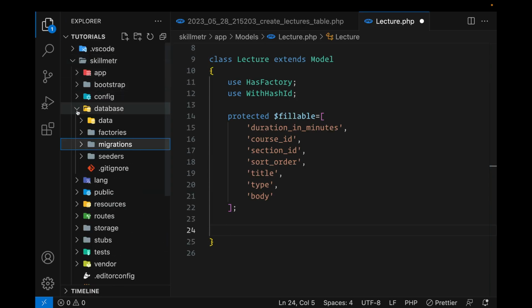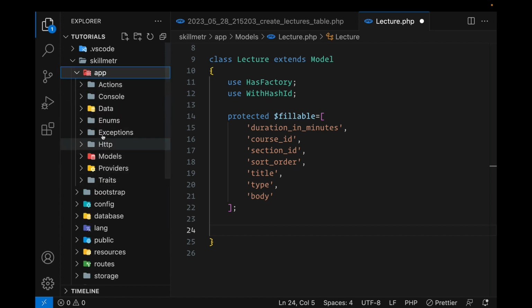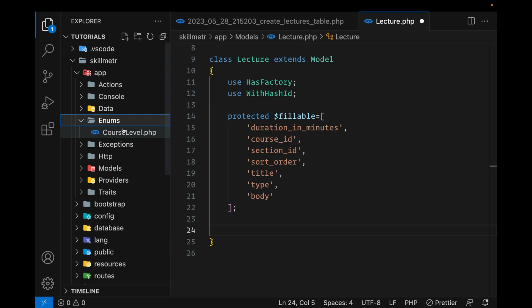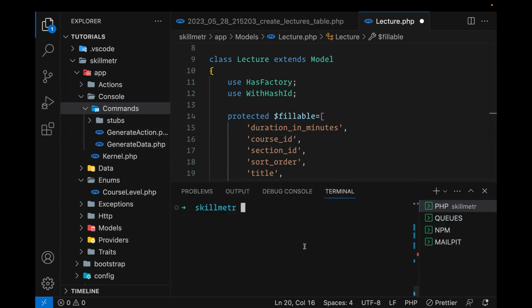Now, while we're here, we might as well just create a command that generates our enums, because right now we are still writing or creating enums manually, but we might as well just generate a command that we can use to generate enums, because we will be creating a bunch of other enums going forward. So PHP artisan make command generate enum,